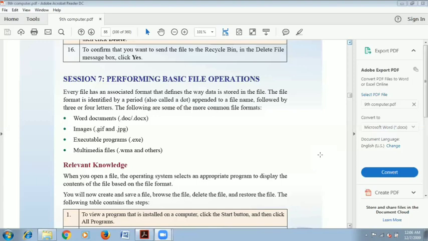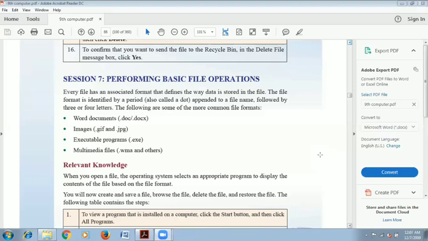The following are some more common file formats. Word documents are saved with .doc or .docx extensions. Images are saved with .gif and .jpg, or could have .png, and many more. For an executable program, we have .exe.